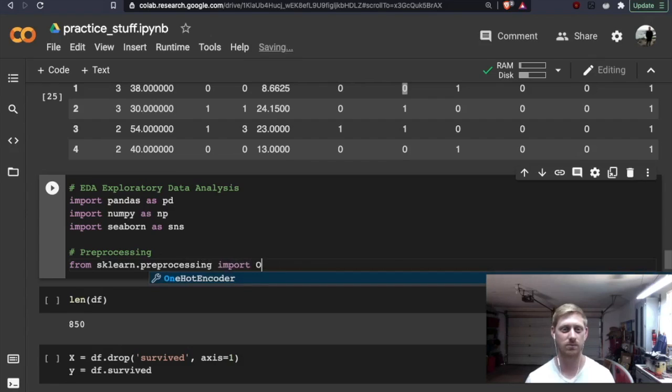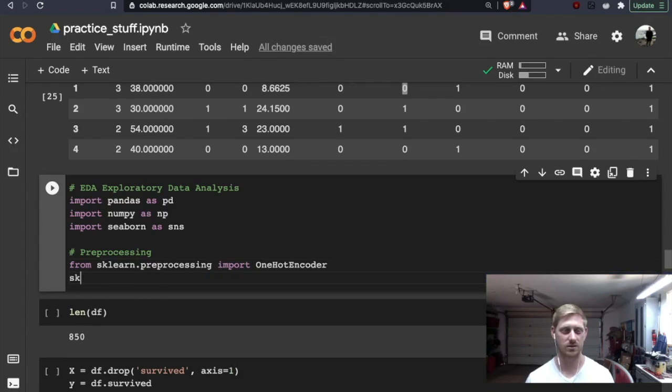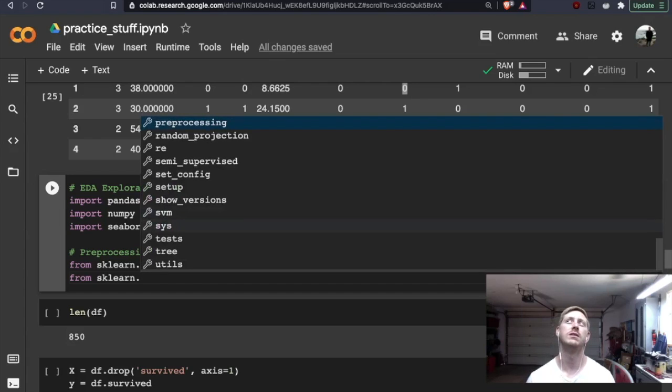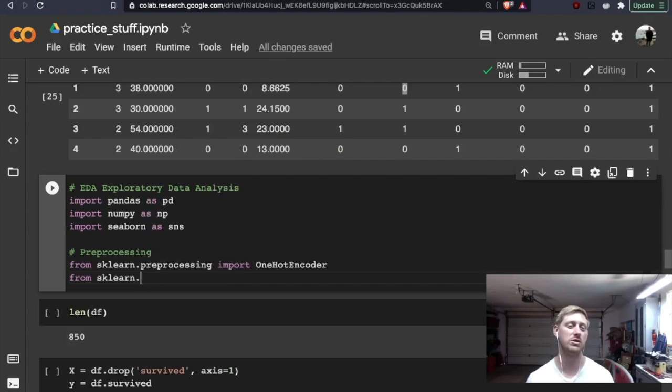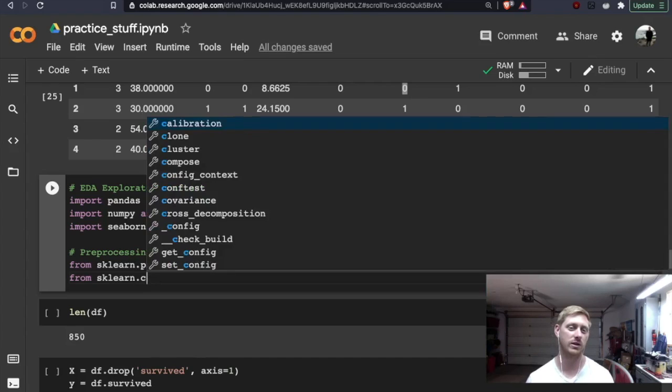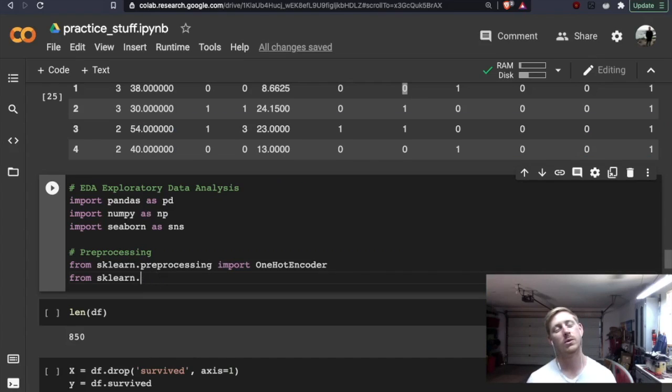From scikit-learn, what was it? Is it transformers? Column? No. I'm blanking. I know we have pipeline, import Pipeline.